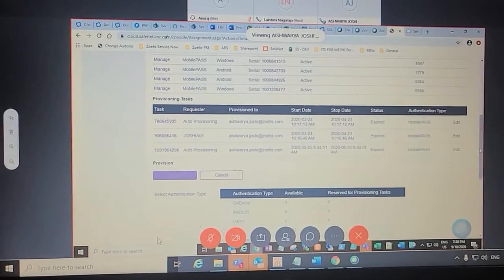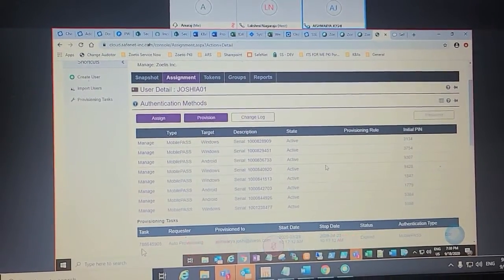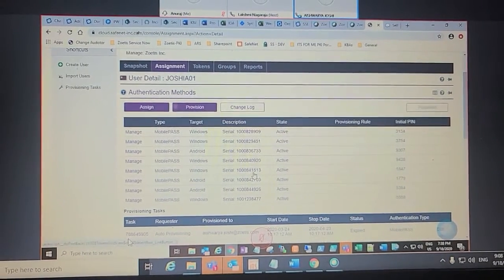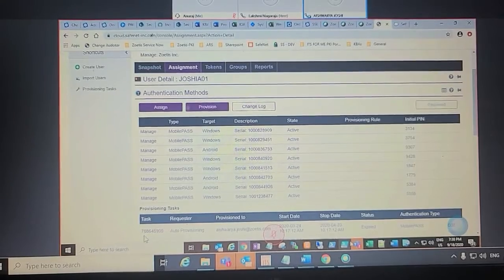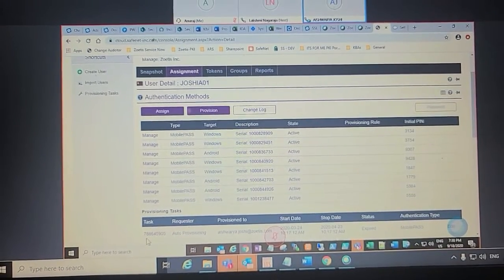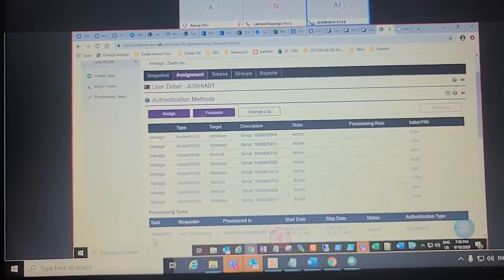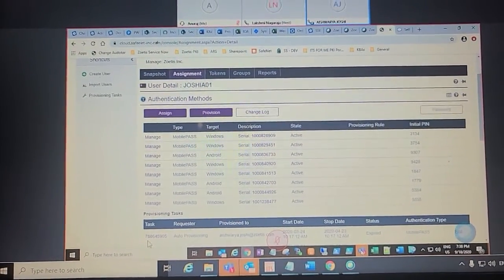Yeah, actually from the token side as well, you can do some troubleshooting. These are the basic things which we are doing on a day-to-day basis. LDAP sync also has some in-detail activities, but I am not aware of that. I am performing only these on a day-to-day basis, but there are some in-detail activities.